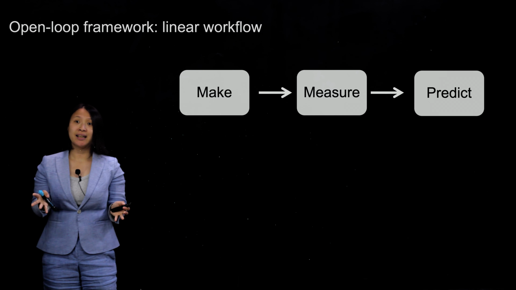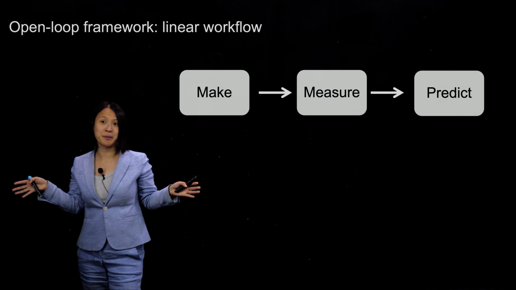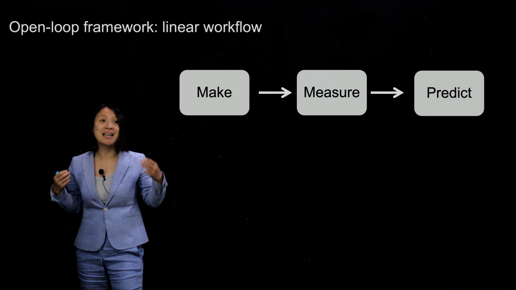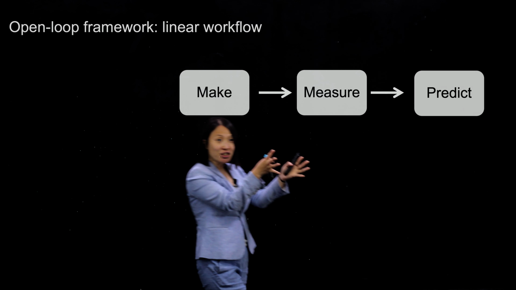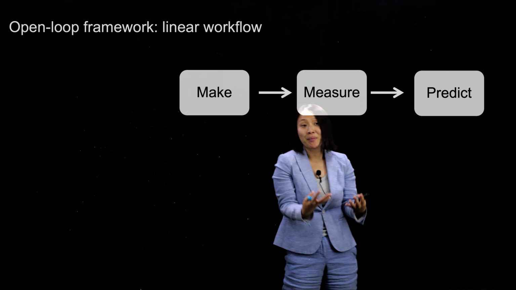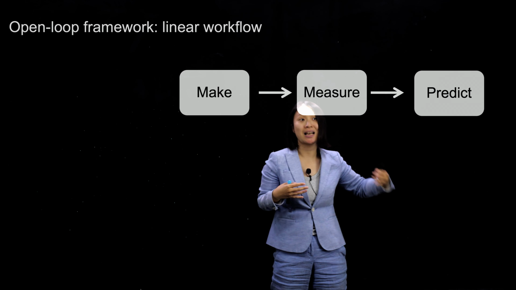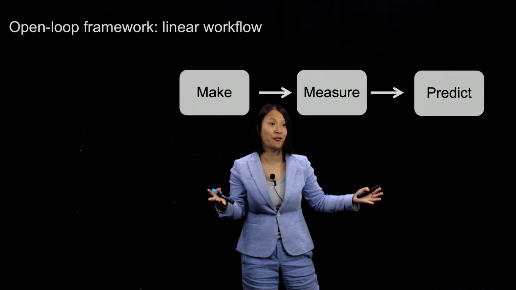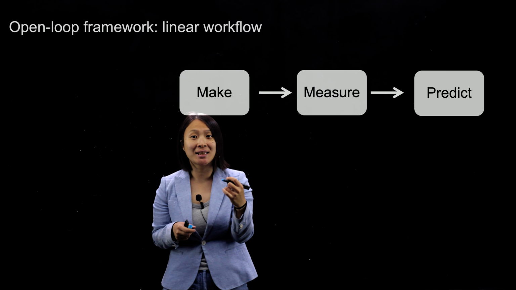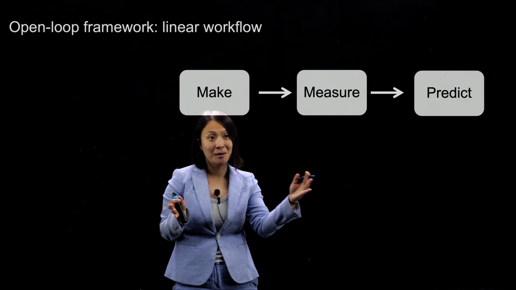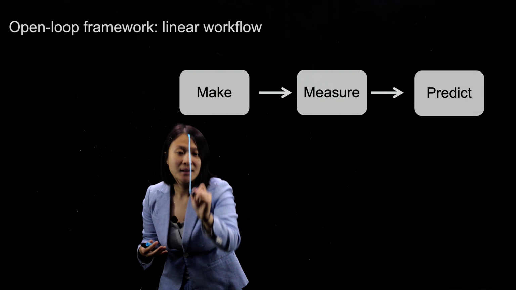So traditionally, we conduct our research using an open loop framework. That includes a linear workflow. We make some samples, we measure their properties, and from there, we generate a knowledge base, and then we can make some predictions about the conditions we haven't tried before. For example, say we are interested in tuning the temperature processing window to make our thin film semiconductors. So you may see